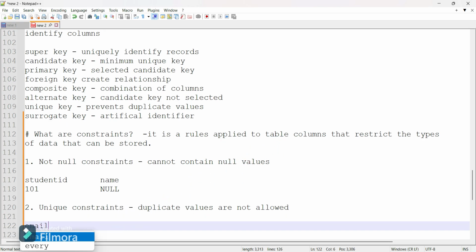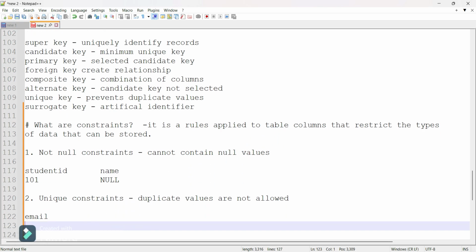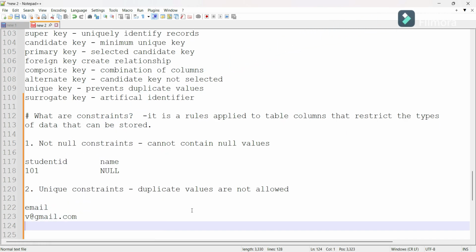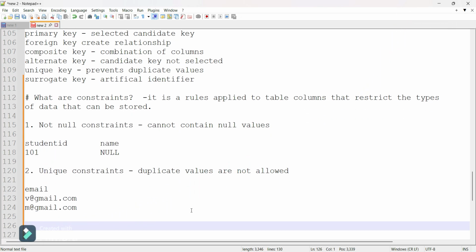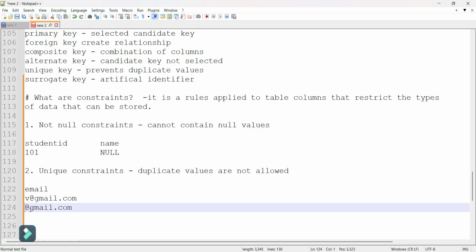Let's say we have a column email ID. Here we have v@gmail.com and m@gmail.com. So these are valid email IDs. Whereas if we write v@gmail.com again, that is invalid.